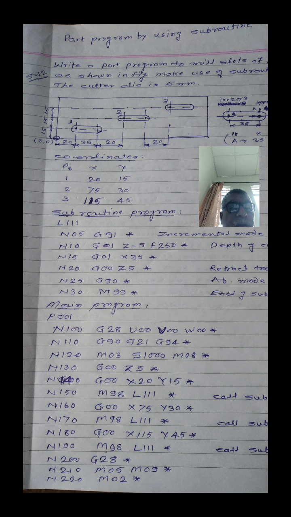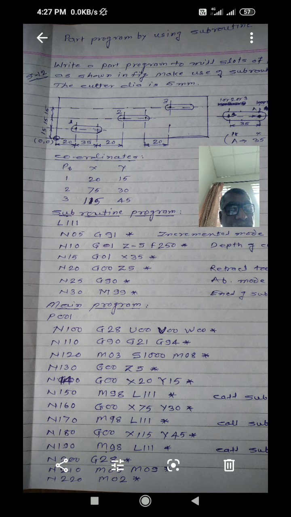Then you can directly move the tool to the machine home position from point 3, that is block number N200 G28, end of the block. Now your tool is at machine home position. The next block N210 M05 M09, end of the block, stop the spindle, stop the coolant. And the last block is N220 M02, end of the program.